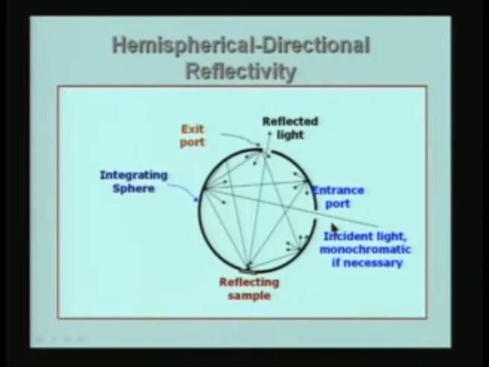So, what I have to do is to measure the total incident radiation and measure the reflected radiation, and from these two I will be able to find out the reflectivity of the surface for hemispherical directional reflectivity. I am not going into great detail; this is just to explain the way the integrating sphere works and how it can be used for measurement of hemispherical directional reflectivity.